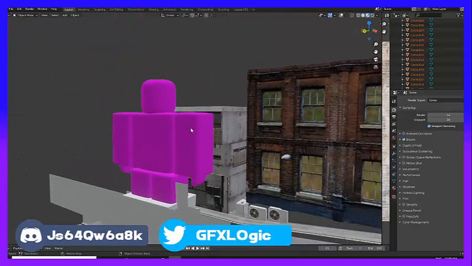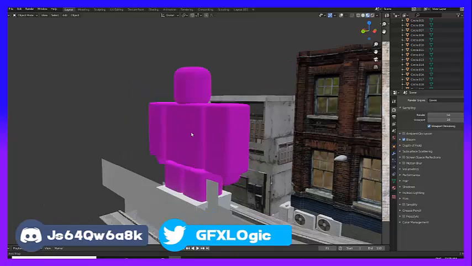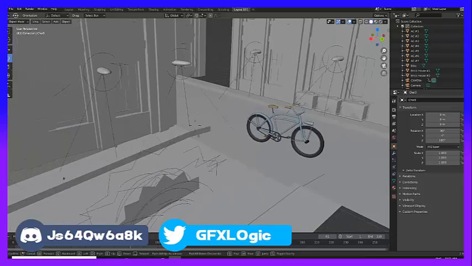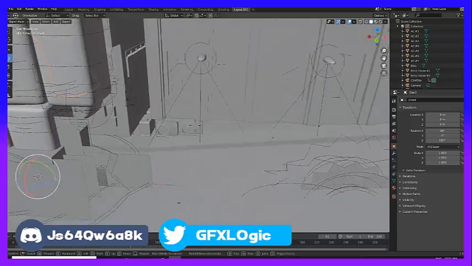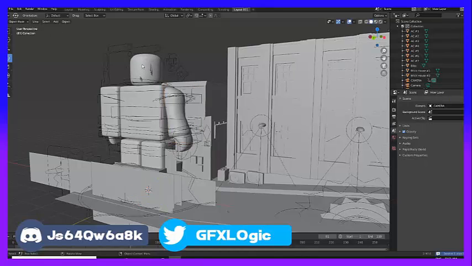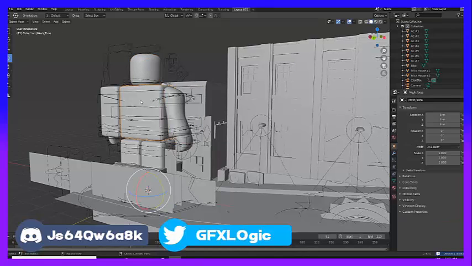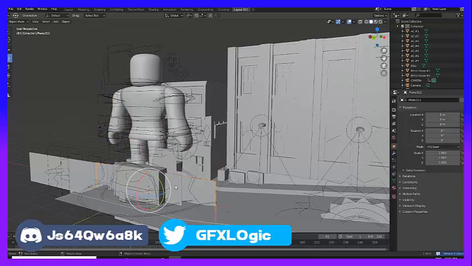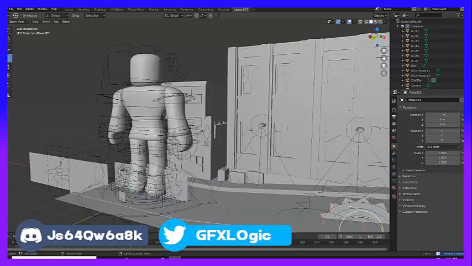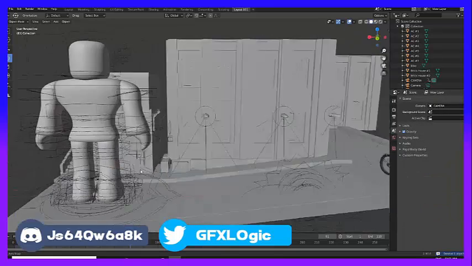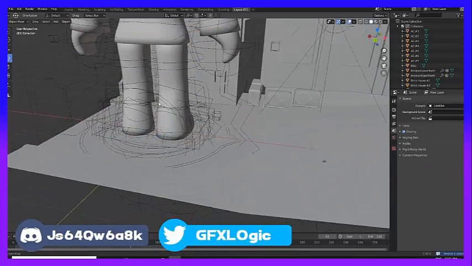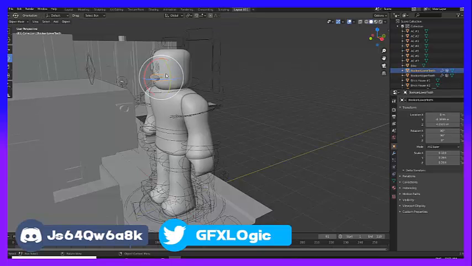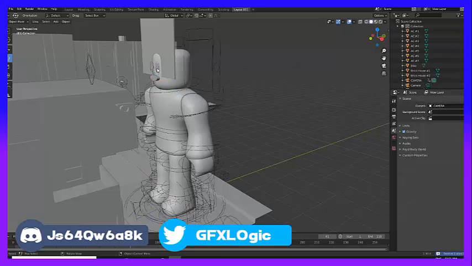So now my rig actually is a little bit weird. It's not really weird, it's just what I did. It's just a little bit broken, but it's easy to fix. I'm just going to delete this blocky stuff. Okay, and I'm going to delete the parts I don't need. Okay, like this. Wait, let me just delete this stuff,